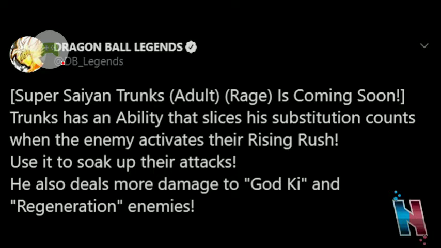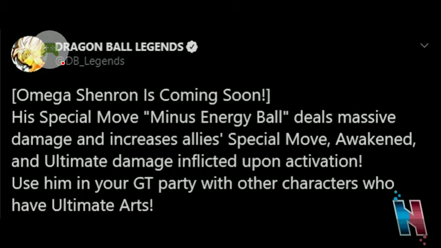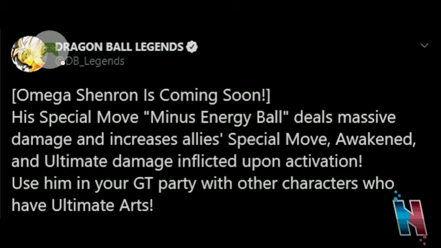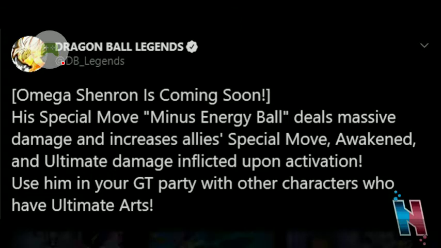Okay, on to the next unit, which is Omega Shenron. So it says, Omega Shenron is coming soon. His special move, minus Energy Ball, deals massive damage and increases allies' special move, Awakened, and ultimate damage inflicted upon activation. Use him in your GT party with other characters who have ultimate arts. So, with this particular unit, they're literally saying...